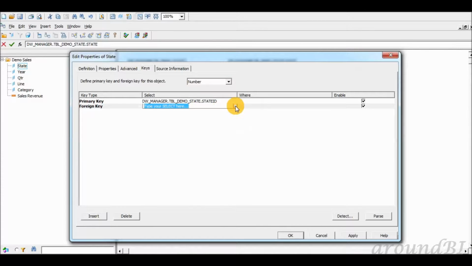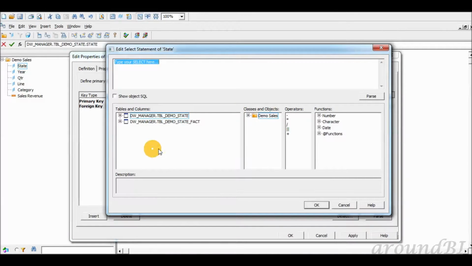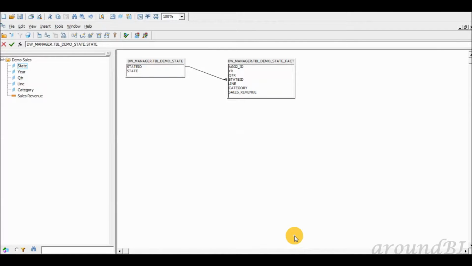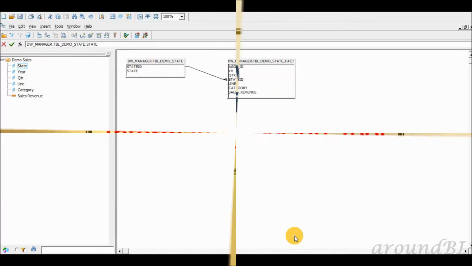Select state ID from demo state fact table. We need to repeat to add keys if more columns make up the foreign key. Detect provides an option for us to detect possible combinations of primary key and foreign key. That's it. We will apply changes and export the universe to the repository.